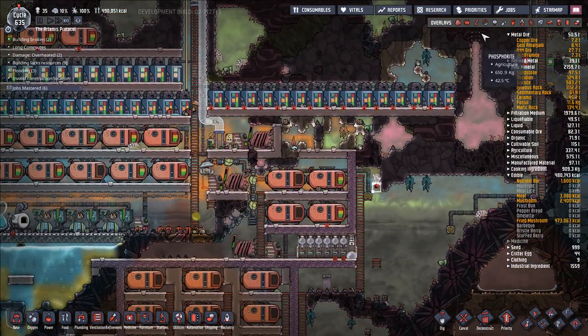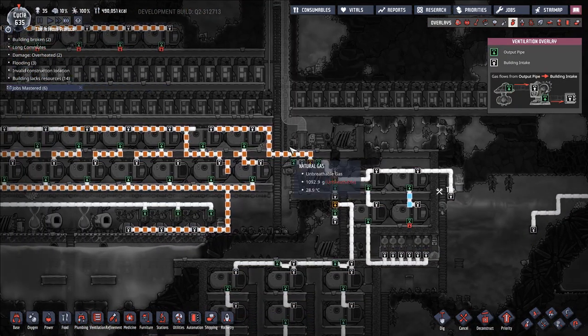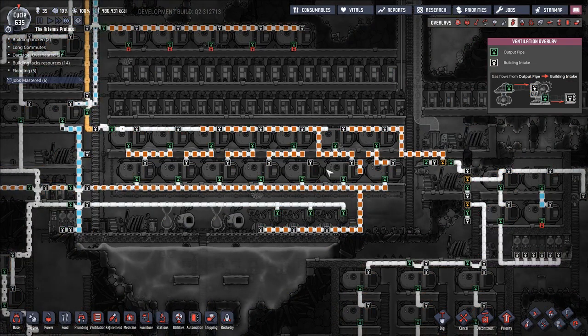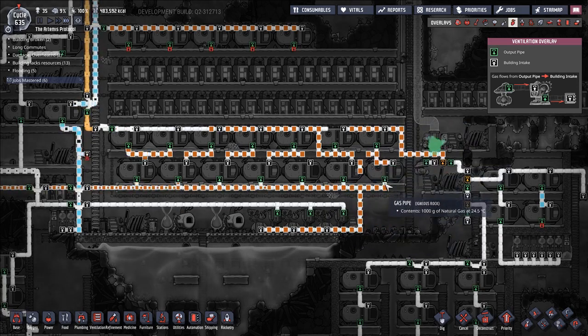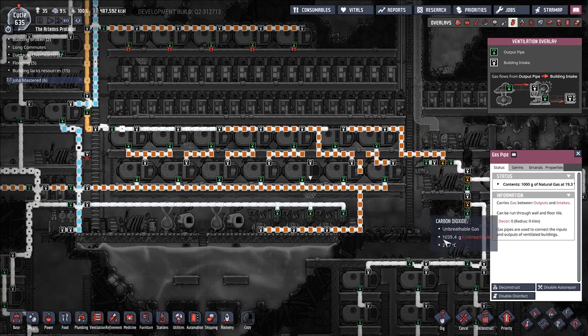Why isn't this running? Pipe blocked. Because you are full up of natural gas. Because we are not running enough, apparently. Okay. Let's... Yeah, because it's only these 3 that it's allowed to fill up, right? That's fine. Let's go ahead and...